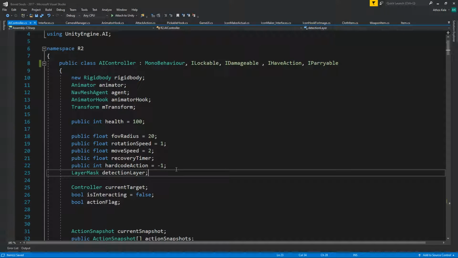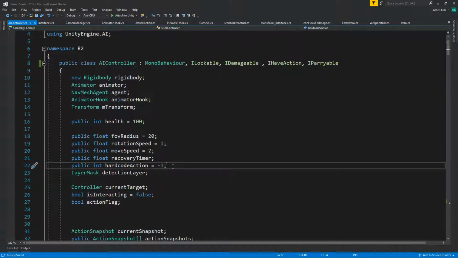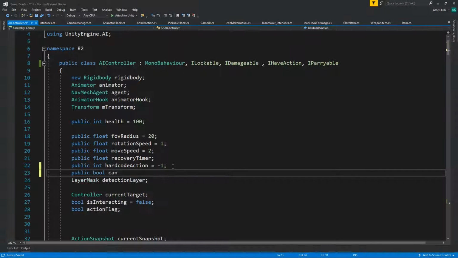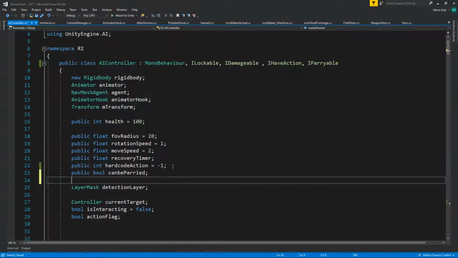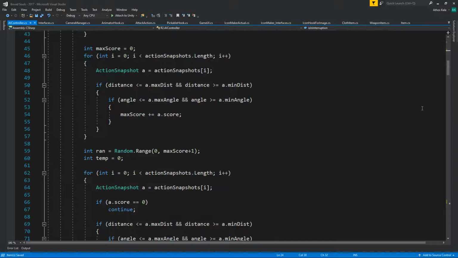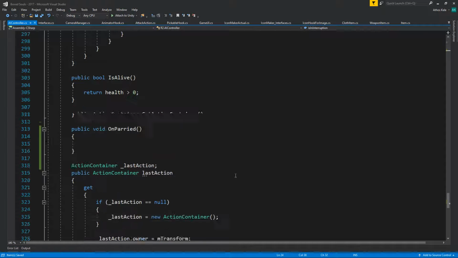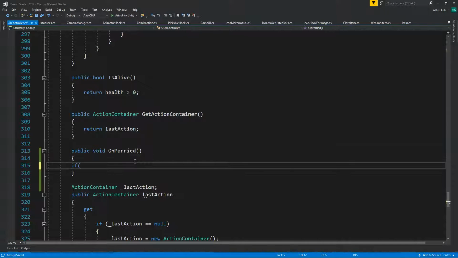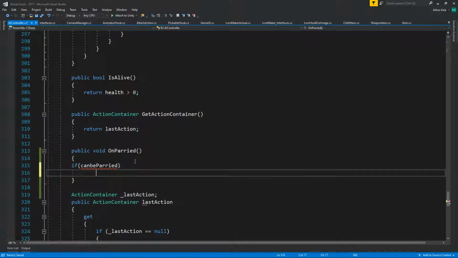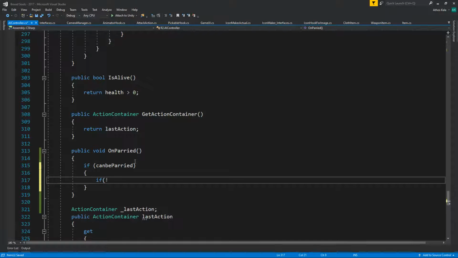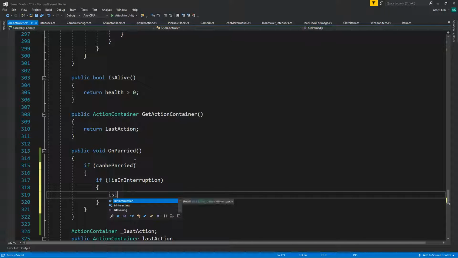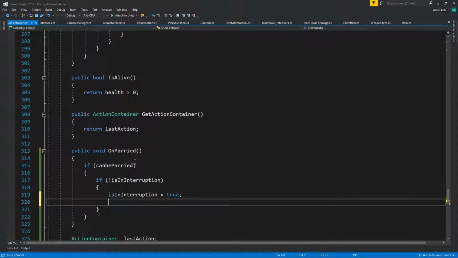So we're going to add a public bool can be parried. Public bool is in interruption. Okay, so down here, if can be parried, if not is in interruption,